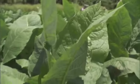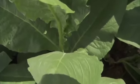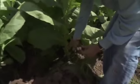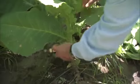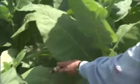So in order for us to make a perfect consistent cigar, I break down the plant into characteristics that are more defined. I break the plant down into what we consider primings. Hence, starting at the bottom of the plant, what I would do before these leaves would be harvested, I would call this the first priming. These two leaves would be the second priming, third priming, fourth priming, fifth priming, sixth priming, seventh priming, and ultimately